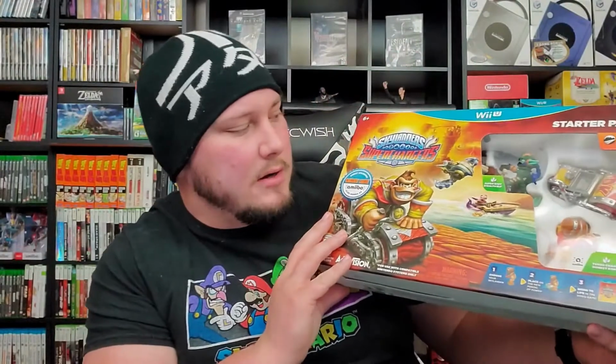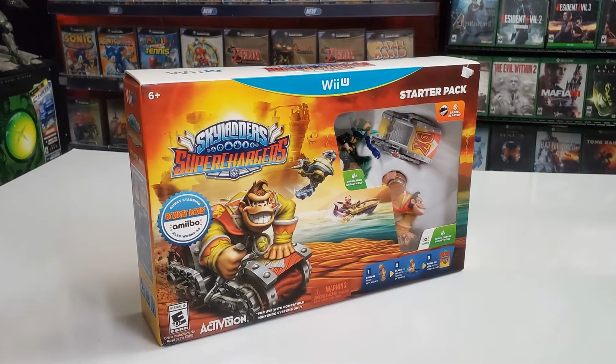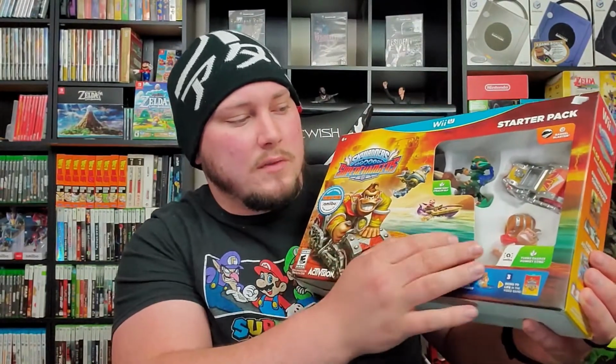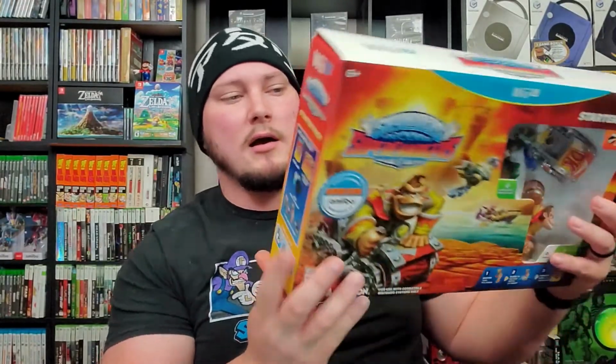Let's see here. This next item we're going to go over is a Nintendo Wii U game, and you can probably partially see it, but it is the Skylanders Superchargers. I don't know much about these, but I came across this factory sealed, and it was $10. That's probably what you can expect to get it at, anywhere except online. Then you're paying for online prices. But it does come with the DK Amiibo, as displayed on the front of the package here. But for $10 for a sealed Wii U game is